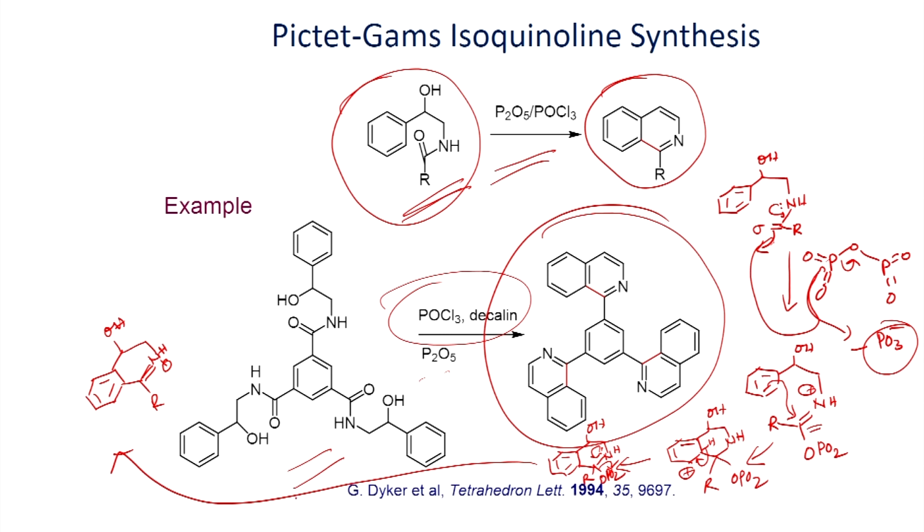You will have this intermediate. This can lose this proton to give this derivative. Once we have this one, now this also can react with phosphorus pentoxide or POCl3. For example, let us take this one, and when you have this...